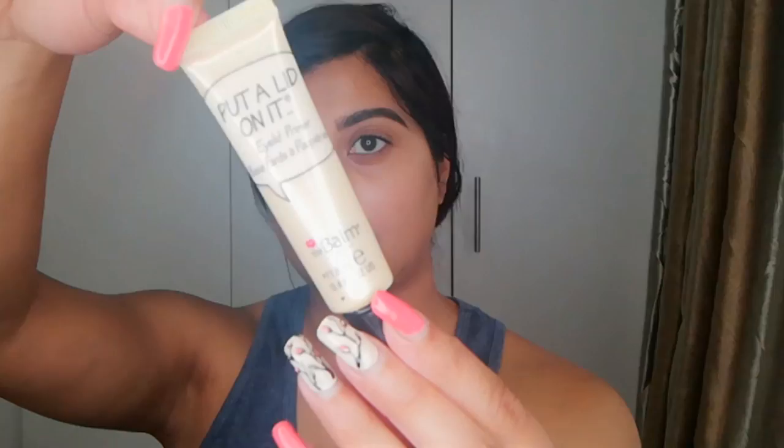I'm gonna start off with the Put a Lid on It Eyelid Primer by Farm Cosmetics. You could use any primer, but make sure your primer is nice and tacky, so that you ensure your eyeshadow is not gonna slip and slide, and you definitely don't want any creases. So I just rub this onto my fingers and rub this onto my